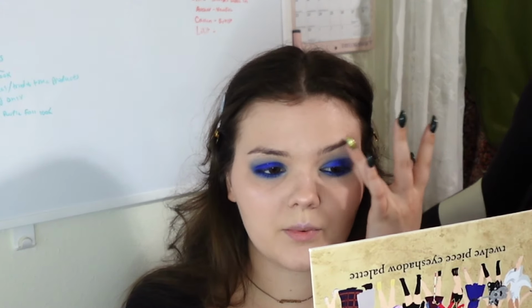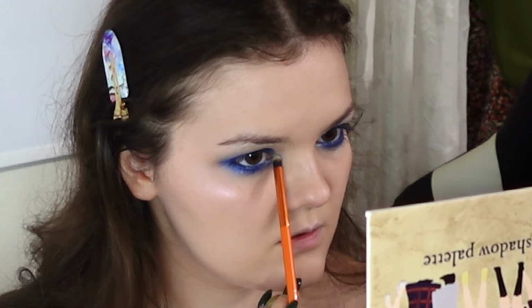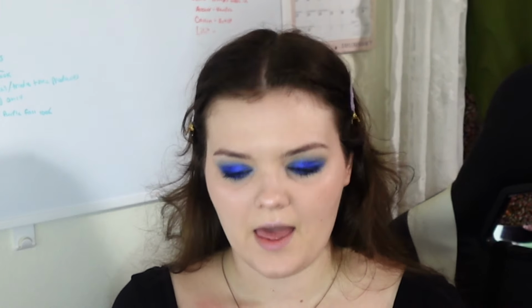Brushing away that extra powder I had underneath my eye. Take a little bit of this highlighter, put it on my cupid's bow and also my nose. I'm going to put this highlighter underneath my brow bone here as well. Take it on a small pencil brush and do my inner corner highlight. So I filled in my eyebrows as well, and now the last couple of steps, I'm going to add some